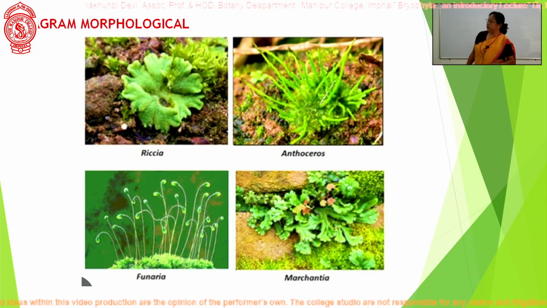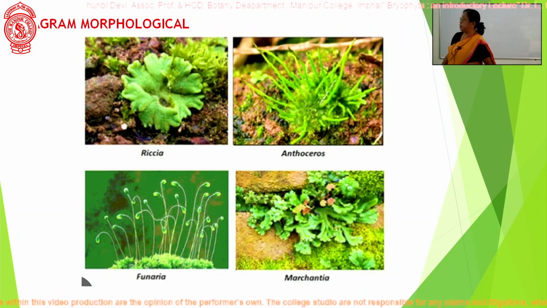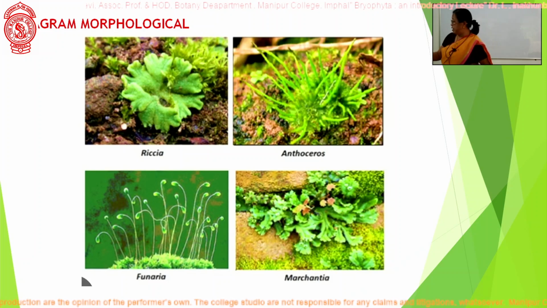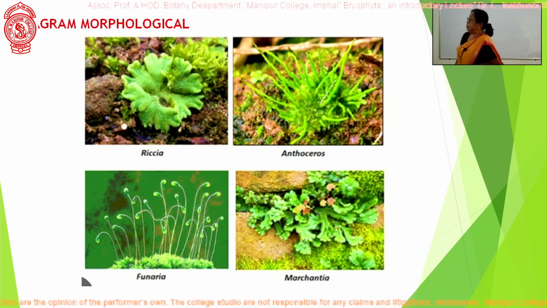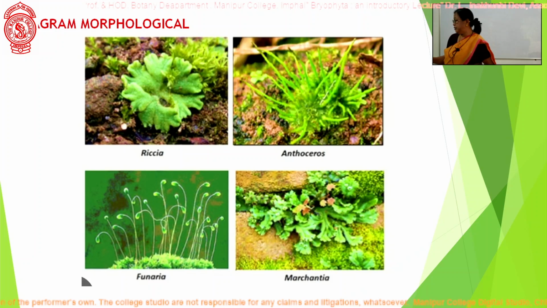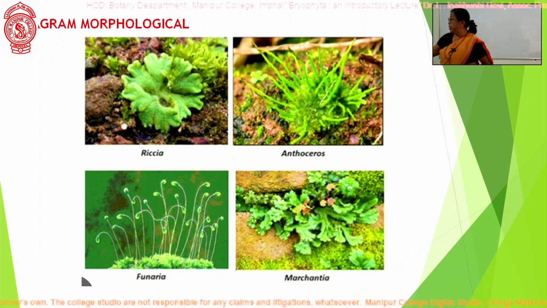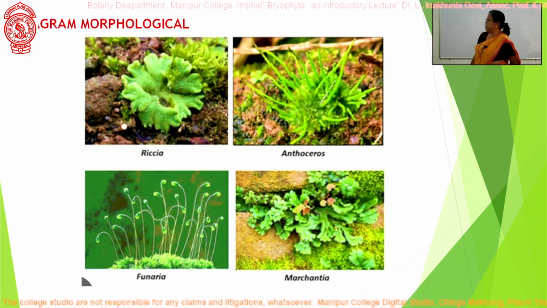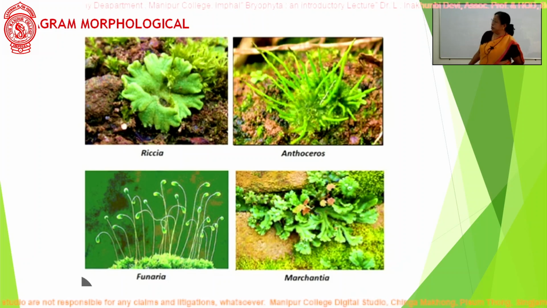So, the Bryophytic plants are classified into 3 different divisions. Number 1 is Hepaticopsida, including Riccia and Marchantia, and the second class is Anthoceratopsida, represented by Anthoceros species, and the third class is Bryopsida, represented by Funaria. The 3 different subdivisions have different specific characters. So, I will discuss it later on in the next